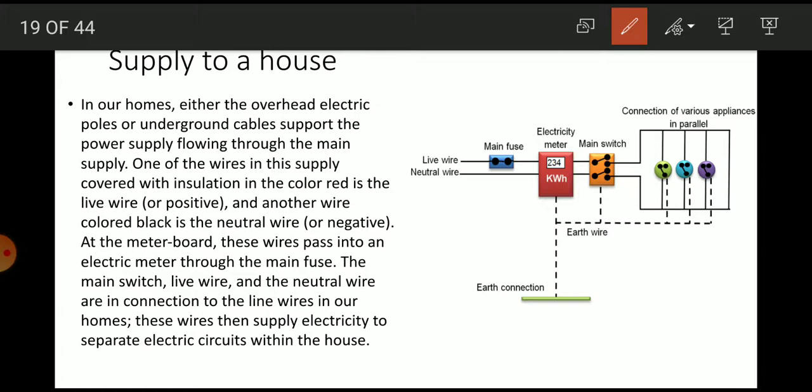So when the insulation is damaged and the live wire touches the metallic part of the instrument, the current starts flowing through the earth wire, which will burn out the electrical fuse. So it will avoid damages. It protects you. The earth wire is a safety precaution. Otherwise, damages can take place.